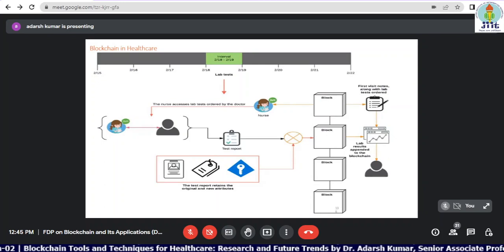And you can see that the nurse is able to get the information from the first block, where the general physician has made an entry along with the patient. That record is available to the lab, because the patient has visited the lab, and for getting the lab test done, lab staff has to collect his historical data on approval from the general physician. So if he's getting all of this data, his next block will be recorded.